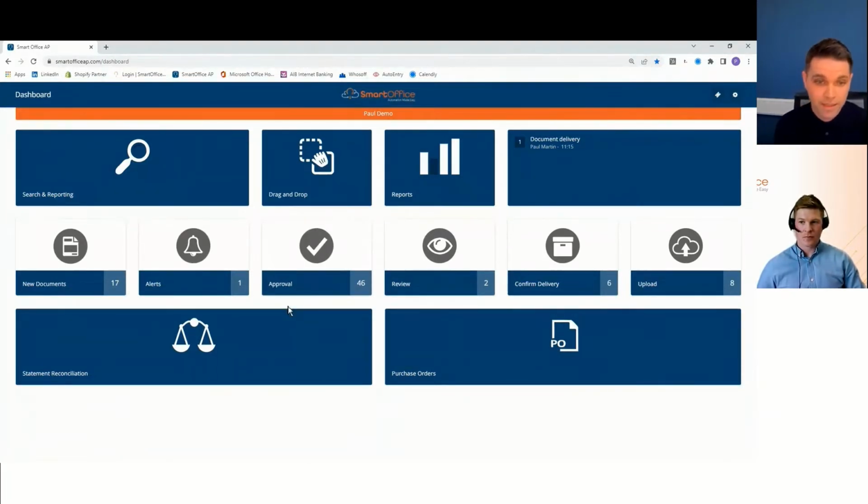But essentially, as it stands at the moment, SmartOffice is a 5-in-1 platform. So we have the beginning of the process, which Donna mentioned, which is the purchase requisition and PO functionality. And I'll be showing a little bit about that in a minute. We have the supplier invoice processing, which is the core of the system. But other than that, we also have expense management, debit note generation and audit trail, and also timesheet functionality.